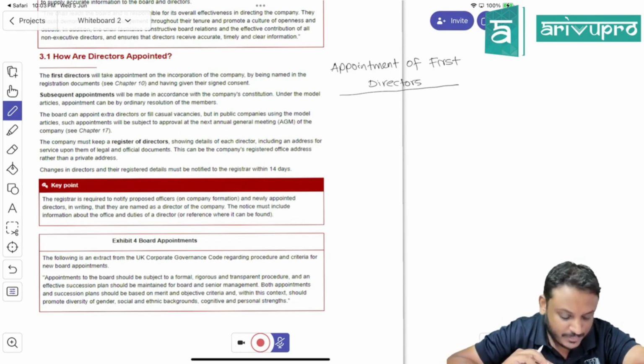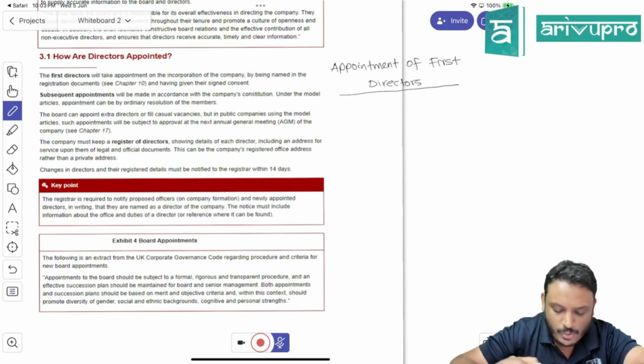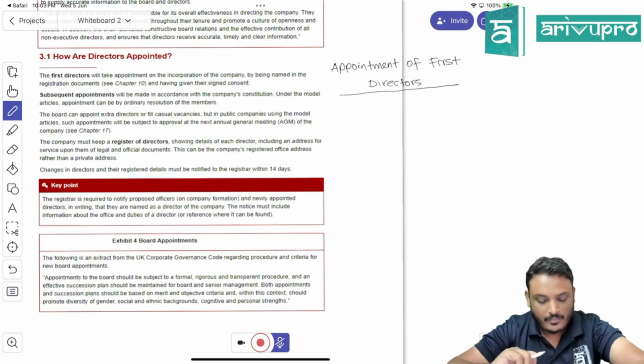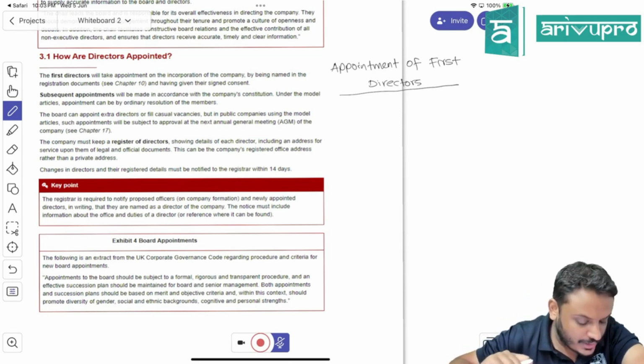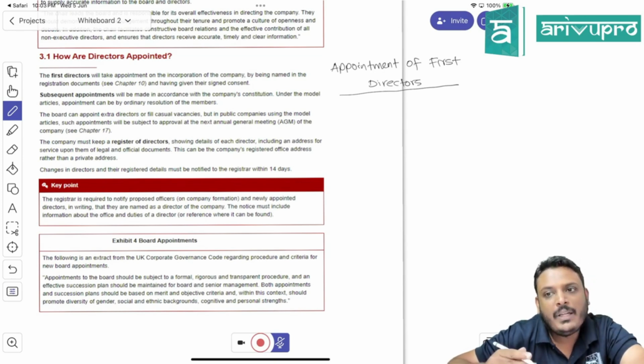Under the Companies Act, the application documents include particulars of the first directors.